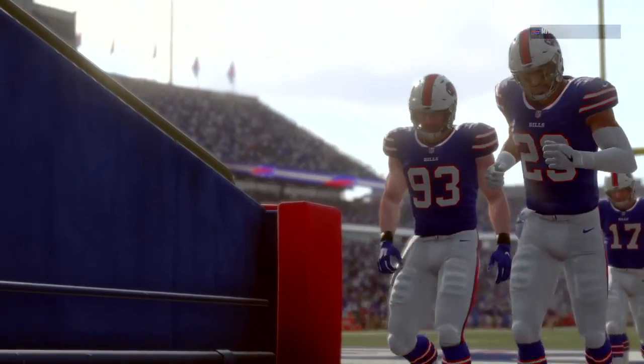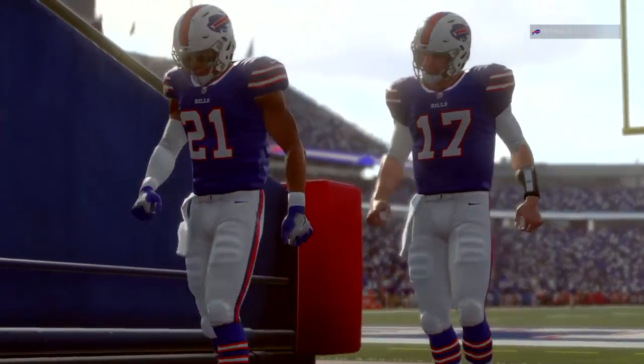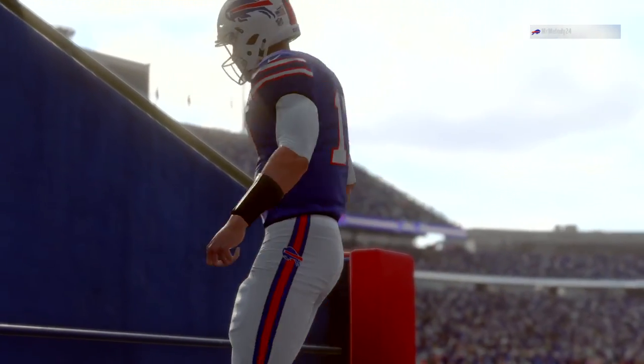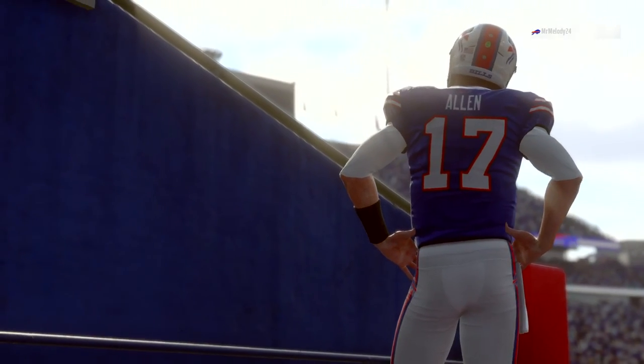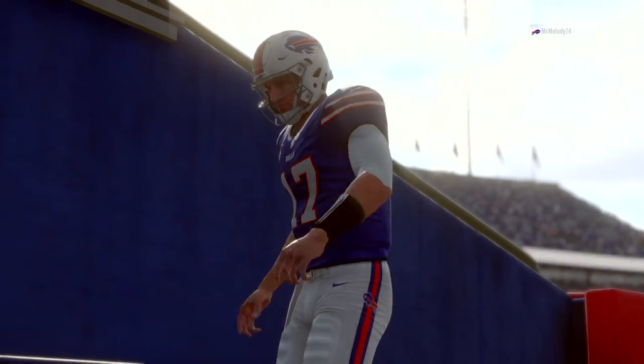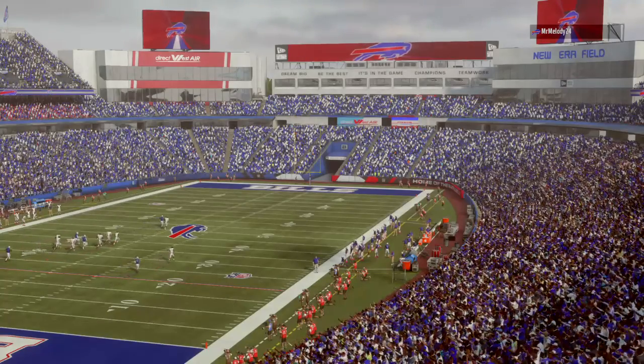So for Denver, they move back over 500 at 3-2 now on the year. And they'll return home next week to take on the Philadelphia Eagles. Meanwhile, for the Bills, the loss here will move them back to 500 at 3-3. And they will be at home next week to take on the Miami